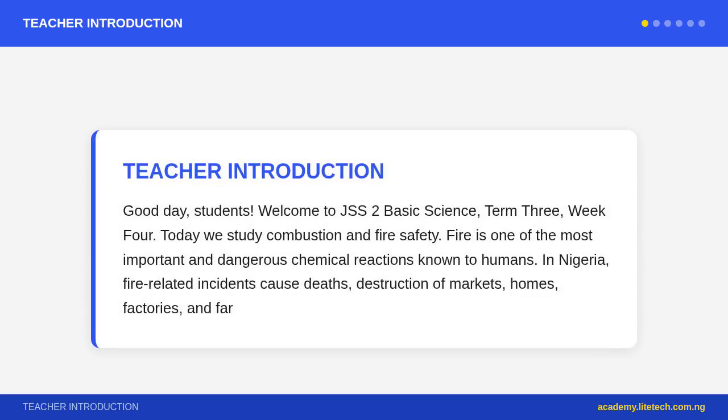Today we study combustion and fire safety. Fire is one of the most important and dangerous chemical reactions known to humans. In Nigeria, fire-related incidents cause deaths, destruction of markets, homes, factories, and farmland every year. Many Nigerian families cook with firewood, kerosene, or LPG, cooking gas, creating fire risks. Understanding combustion, what it is, what conditions it requires, what products it produces, and how to prevent and respond to